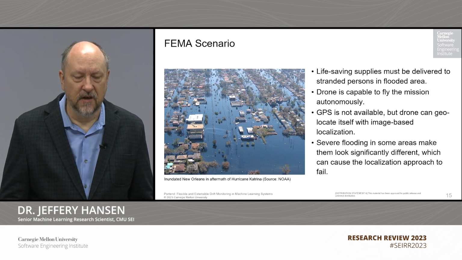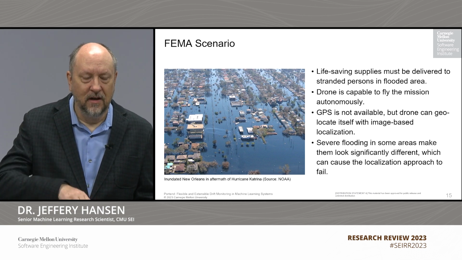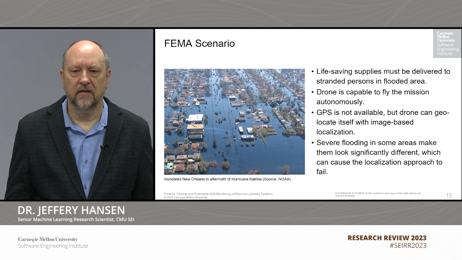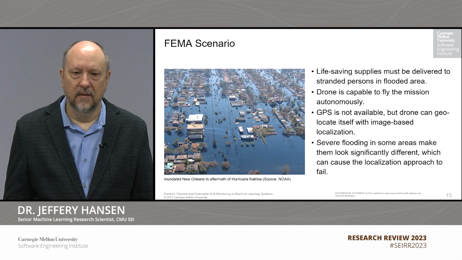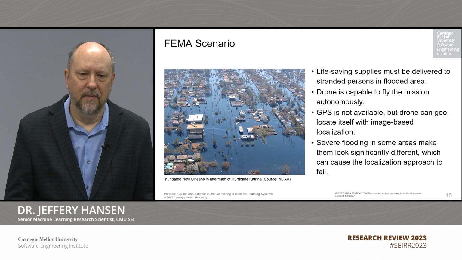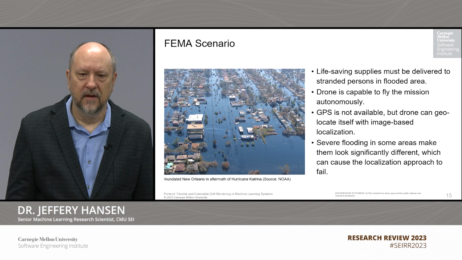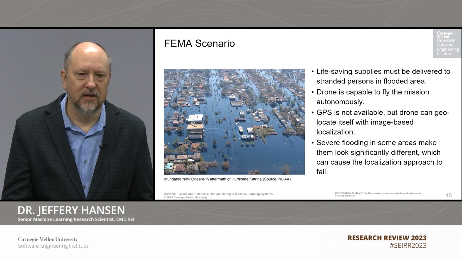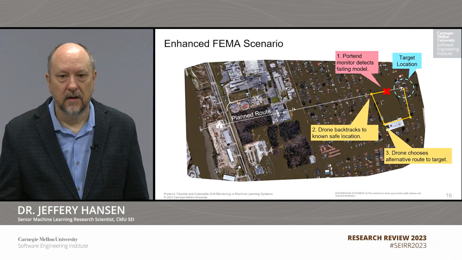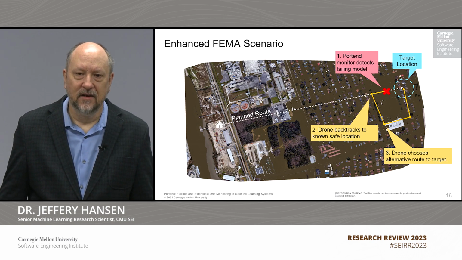So specifically, they're navigating visually with a down-looking camera that's compared against a set of reference map images to find its position. And we're assuming severe flooding in some areas may make the operational area look very different from the map area, which could lead to potential localization errors or localization failure. So what we bring to the FEMA scenario is the ability to replan when